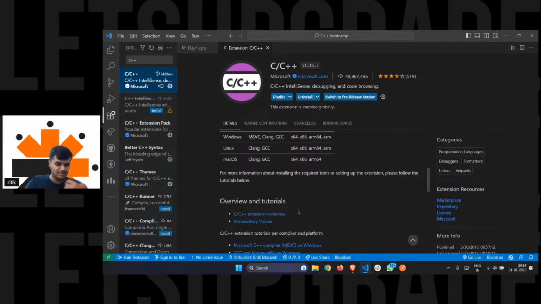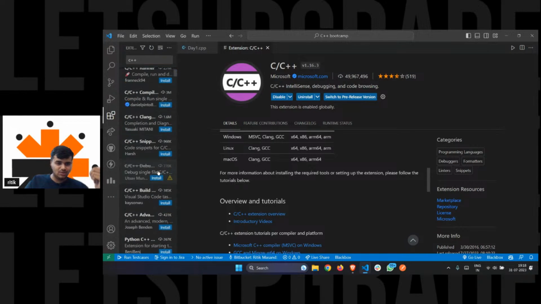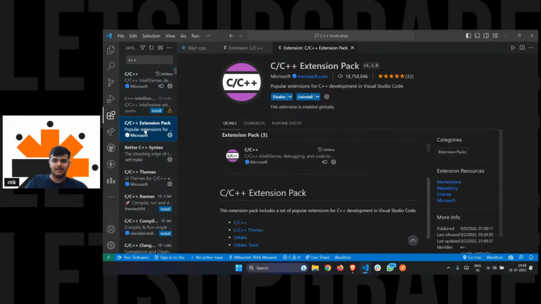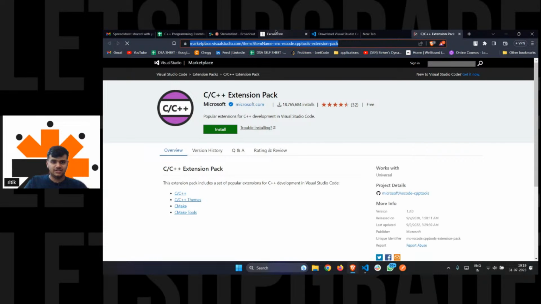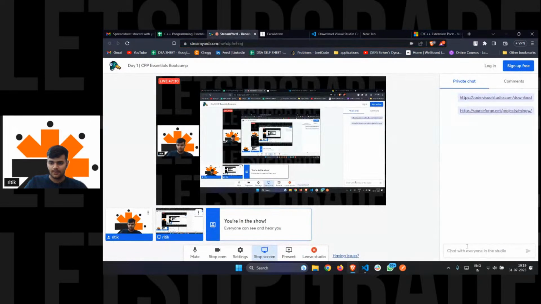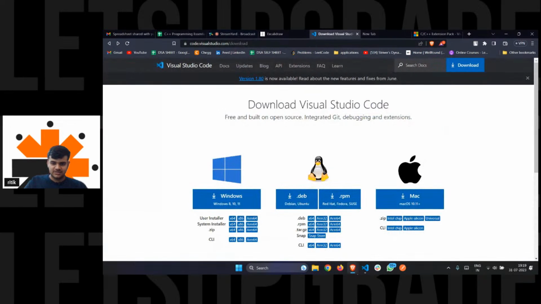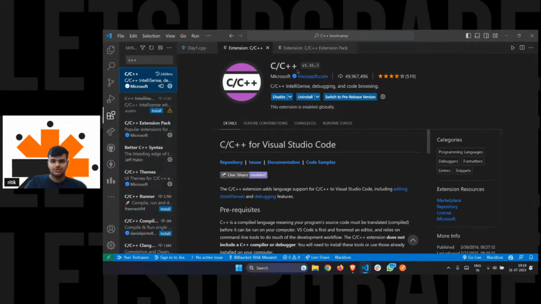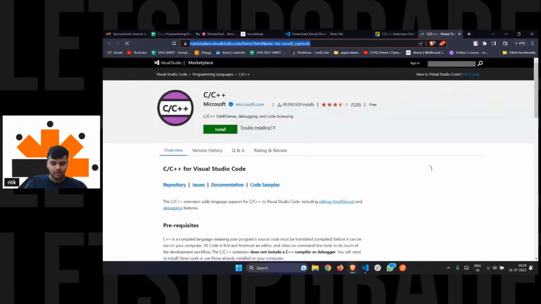You can see the tutorial or see the link if you want to, but I'll also explain it in a short while. These are some extensions that you can get, and you can also get this extension pack. Also just download this extension pack. I'm just giving a link here. This is the first extension that you need to download, and this is the second extension. These two extensions, please download them.